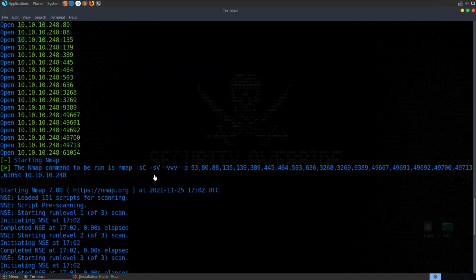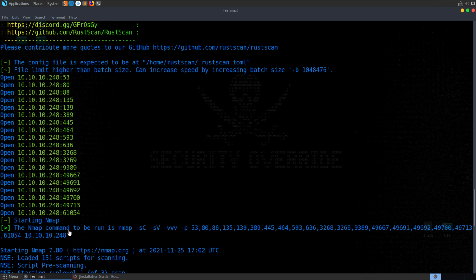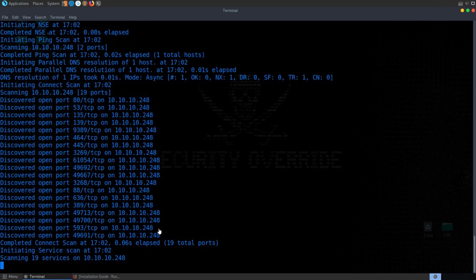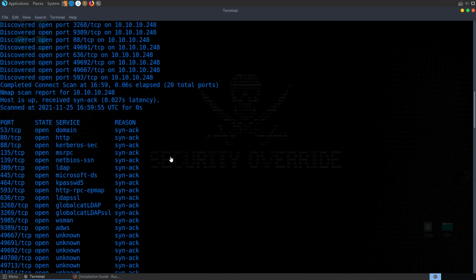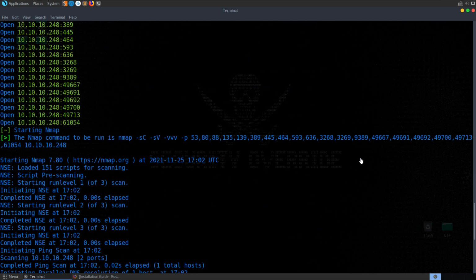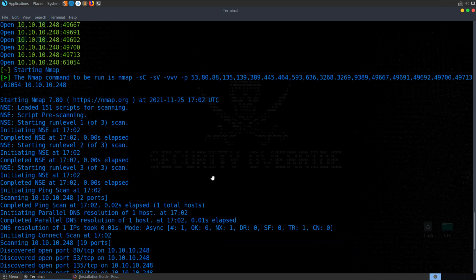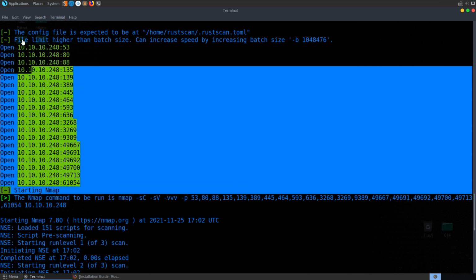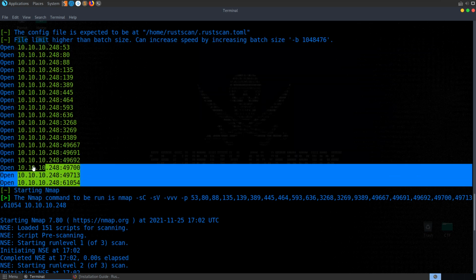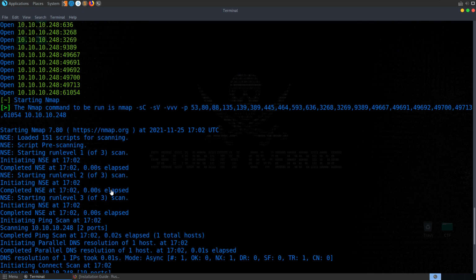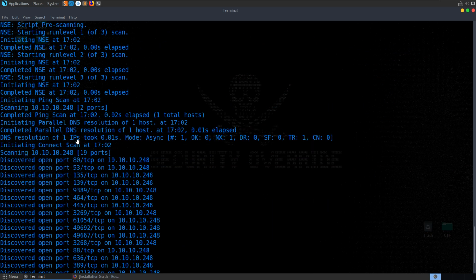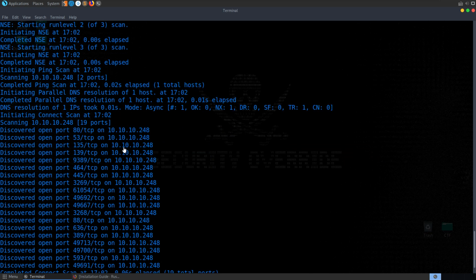So you can see that's come back, it's finished the initial ports, it's running our Nmap command here, and you can see that this time it's also inserted the default scripts and the service enumeration. So we can expect it to take a little bit longer. Can't remember how long it took last time actually. It was 0.18 seconds. Obviously it's taken a bit longer than that this time, but at this stage it's on Nmap, right? So all RustScan was doing was this initial port check. Anything after that is presumably going to be the same speed as Nmap. I don't think they're doing anything additional to Nmap. Maybe I'm wrong, but